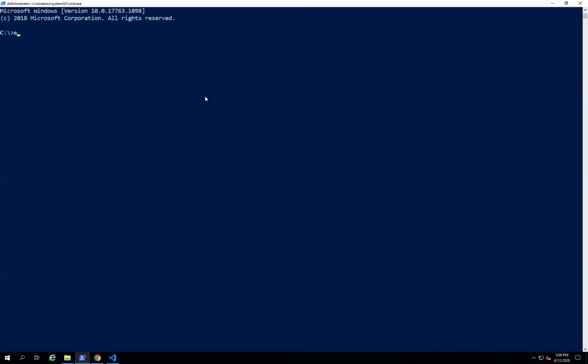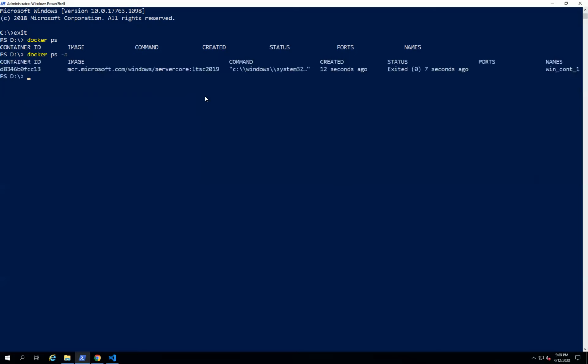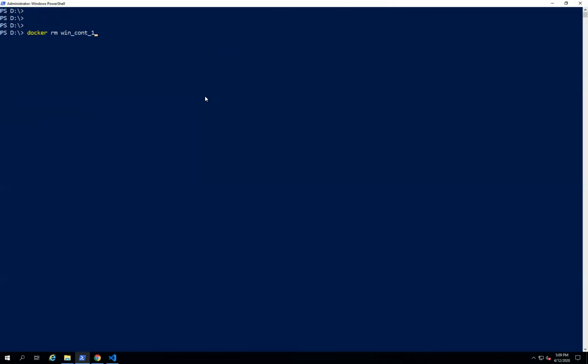Okay, so we'll try to run the command in a detached manner, to run the container in the background.